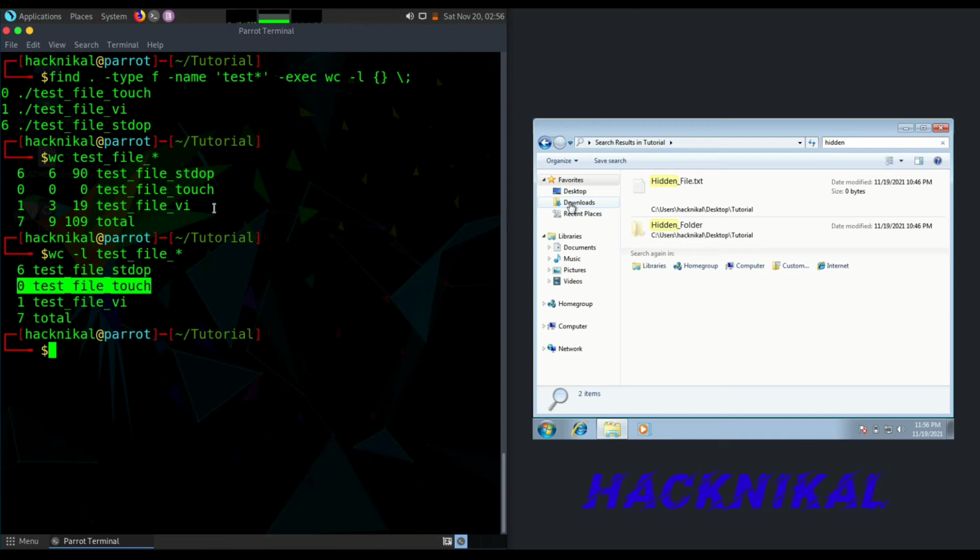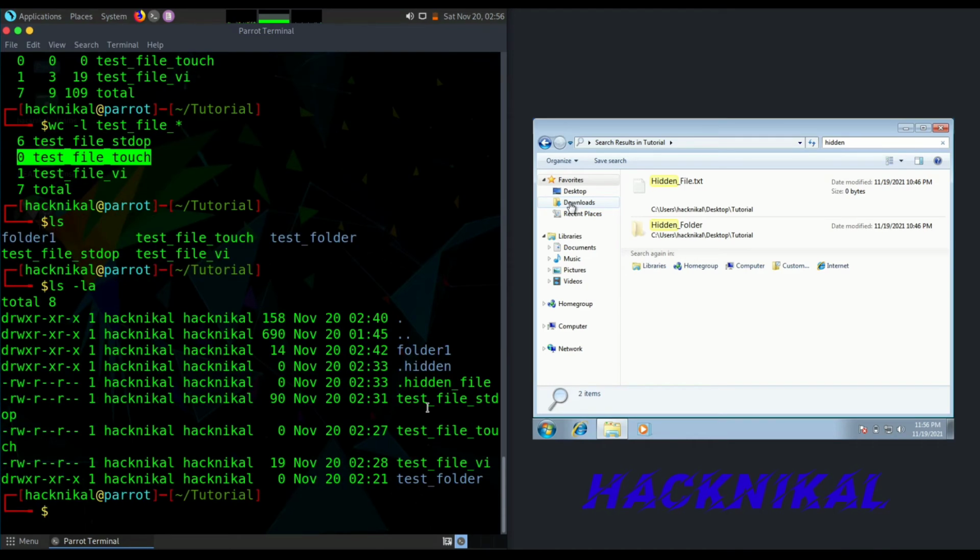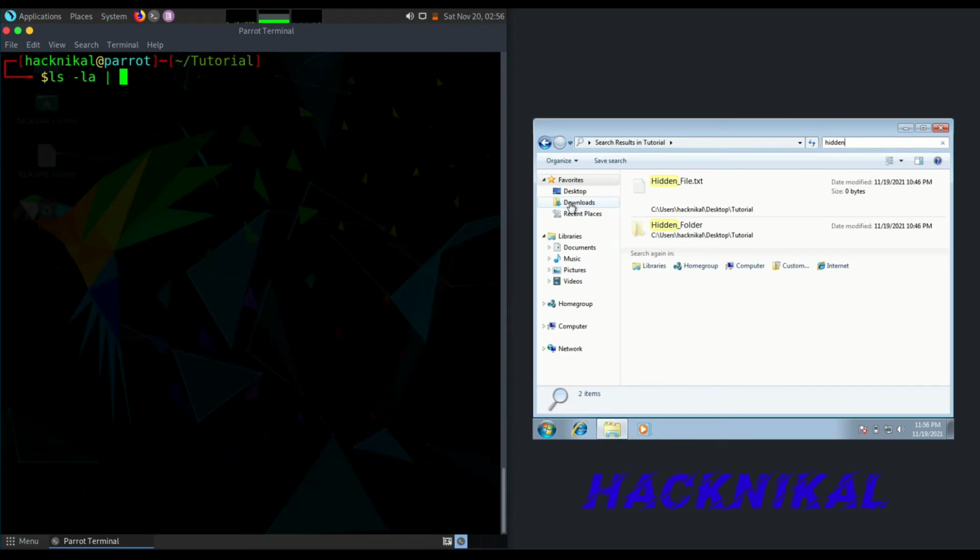So our next command is grep. Here, if you want to have only files to be printed which are having file in their name, what we will do is redirect the output of this command to a pipe, and we will be piping this command to the grep command, and we will search for file.